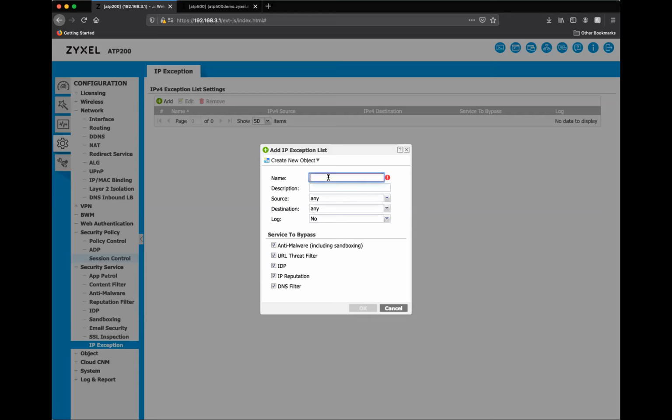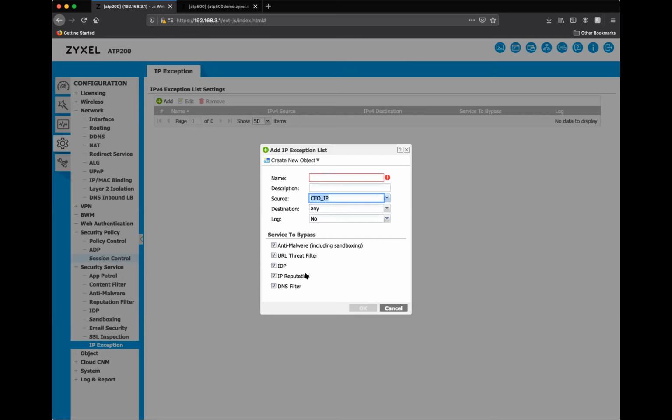So what you would do is you would type a name, you would set your source. If you don't have a source, use the one we did earlier, which was a CEO IP address, and you can choose which services to bypass. So if you have a SIP phone, VoIP phone, whatever it might be, and you need to have it bypass, because that phone only communicates with one IP address because it's programmed to only contact one IP address,